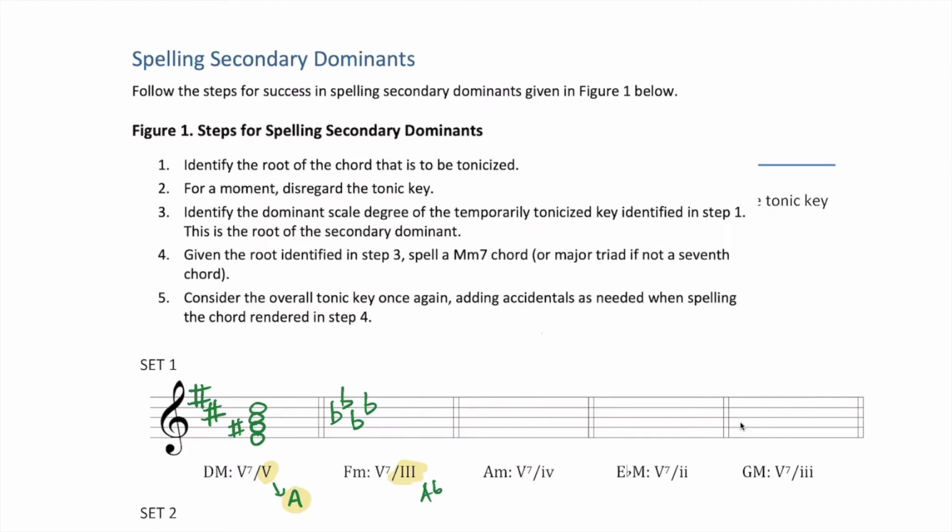We're on to step 3, and we need to identify the dominant scale degree in this key of A flat major. This should give you E flat. Why? E flat is scale degree 5 in the key of A flat major, which is the tonicized chord. Step 4, given this root of E flat, we now need to spell a major minor 7th chord. The major minor 7th chord with E flat as its root is E flat, G, B flat, D flat,